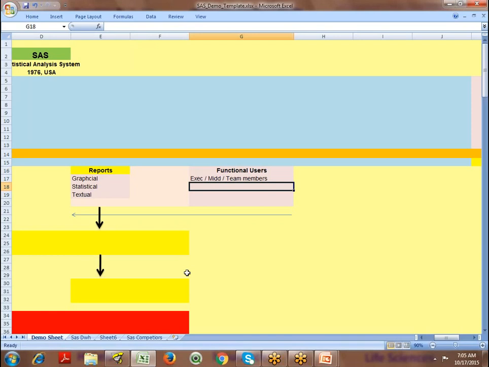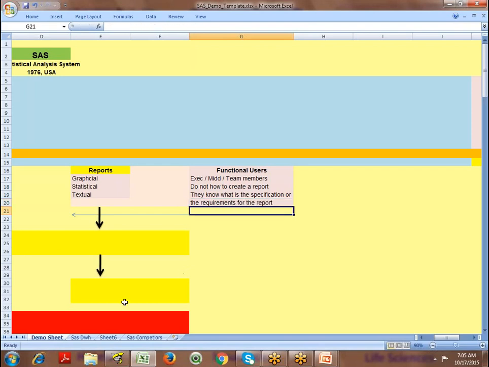These guys are functional users. They do not know how to create a report, but they at least know the specification or the requirements for the report.